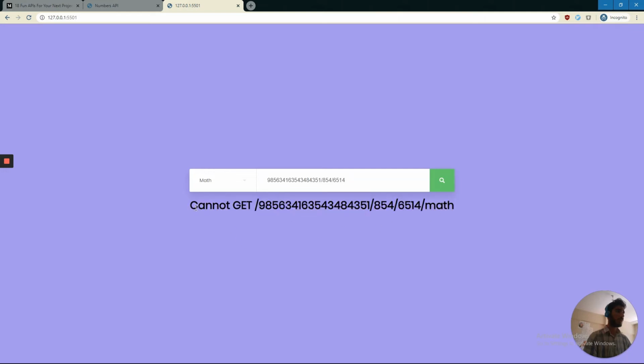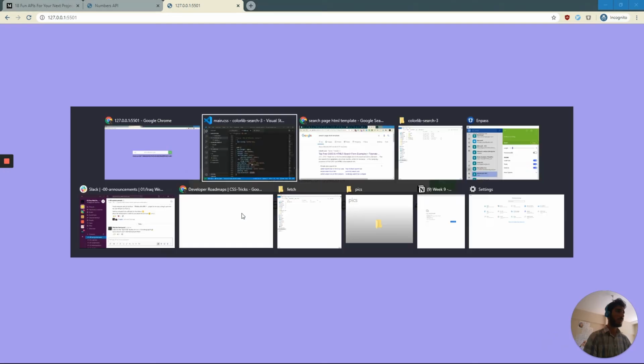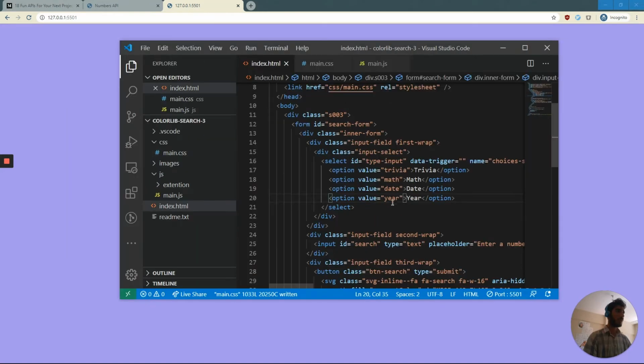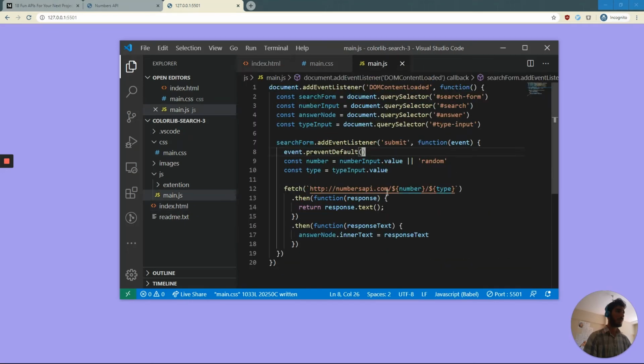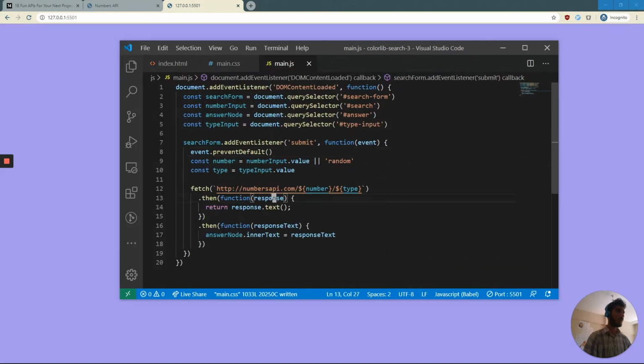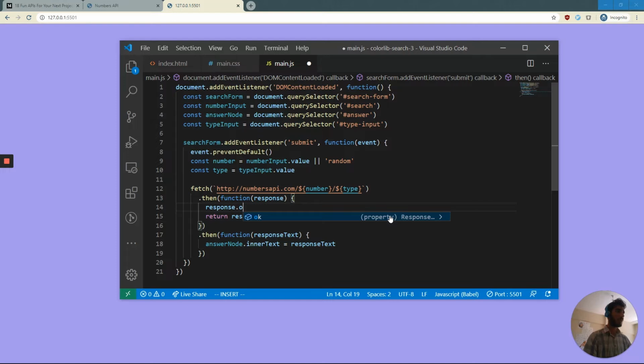This is bad. We don't want to show the user "cannot get". If the user sees this, they will be like, what's going on? So instead, I'm going to change this to be an error instead. So let's go back to the JavaScript. And I'm going to say in here, okay, so response, I believe there's a response.status. Oh, there's a response.ok. Yeah, so we can say if response is not OK,